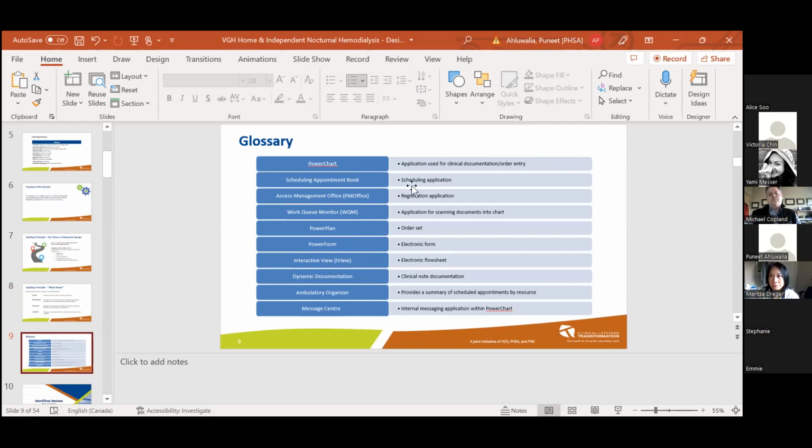Scheduling Appointment Book is the scheduling application. The PM Office is the registration application. Work Queue Monitor is the application for scanning documents into the patient's chart. PowerPlan is the order sets. PowerForm is the electronic form. iView is the electronic flow sheet. Dynamic Documentation is the clinical notes that the clinicians document on. The Ambulatory Organizer provides a summary of the scheduled appointments by resource, and Message Center is the internal application